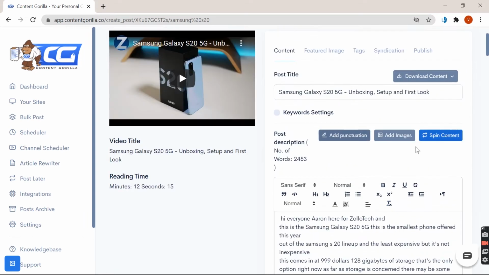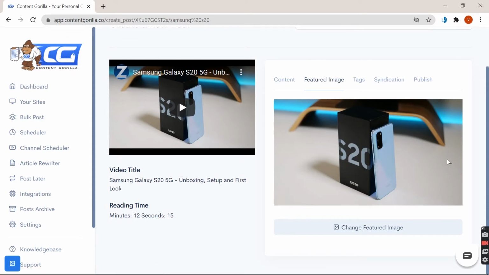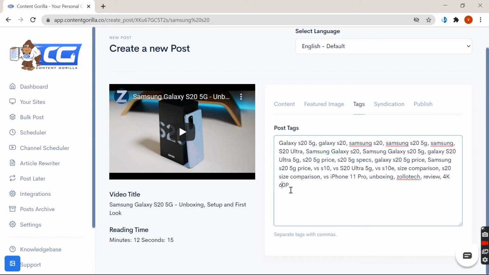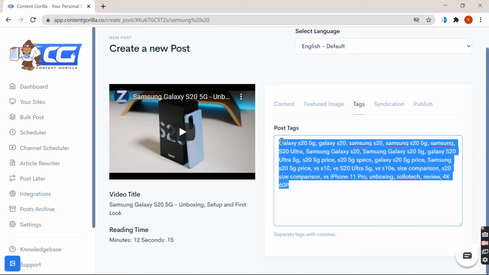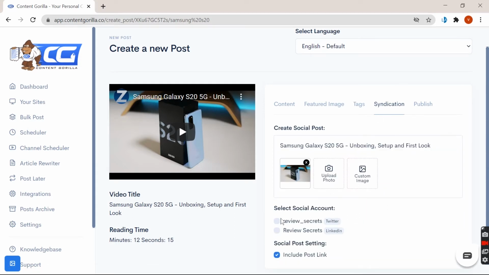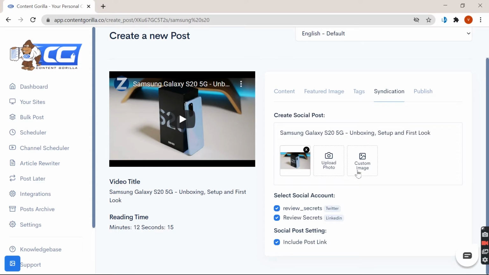This is my suggestion. Also they have generated one image, which is called a featured image. You can see here they have generated one image called featured image. So this image will be put as the front image for your article. Also they have generated text. These are actually the video tags which are converted into the post tags. And I would like to tell you, YouTubers work very hard on their video tags. So these tags are really great, and they are definitely going to help you with the SEO of your article.